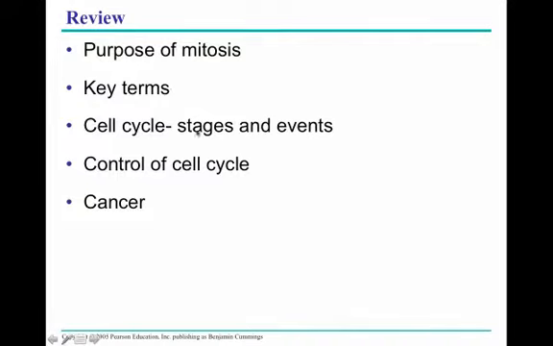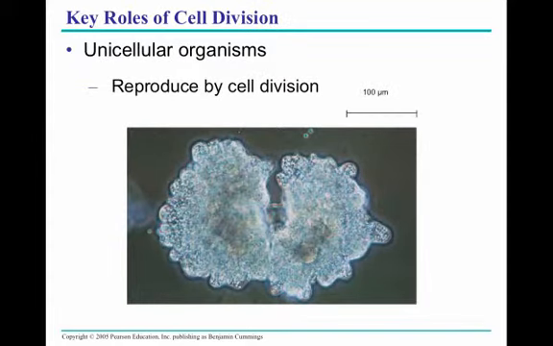And then talking about the specific stages and events of the cell cycle. And then looking at different mechanisms for control of the cell cycle. And then we'll have a short discussion on the development of cancer as a result of problems with the cell cycle. All right, so basic purpose of cell division in an organism that is unicellular or made of one cell